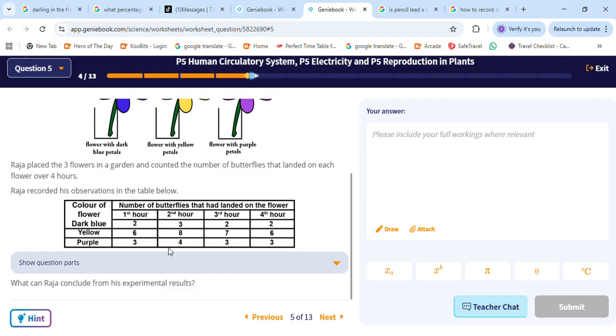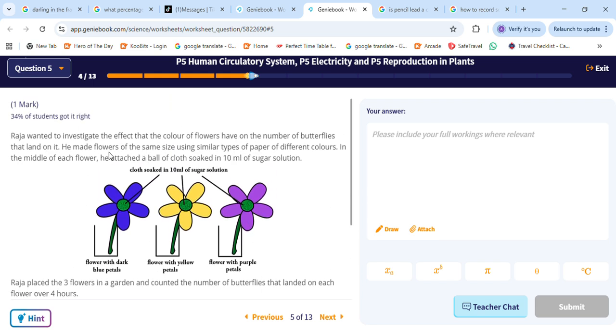Number of butterflies that landed on the flower. First hour, second hour, third hour, fourth hour. Yellow 6, 4, 7, 6, 3, 4, 3. Rajay wanted to investigate whether the color of flowers affects the number of butterflies that land on it. He made the flowers of the same size using similar types of